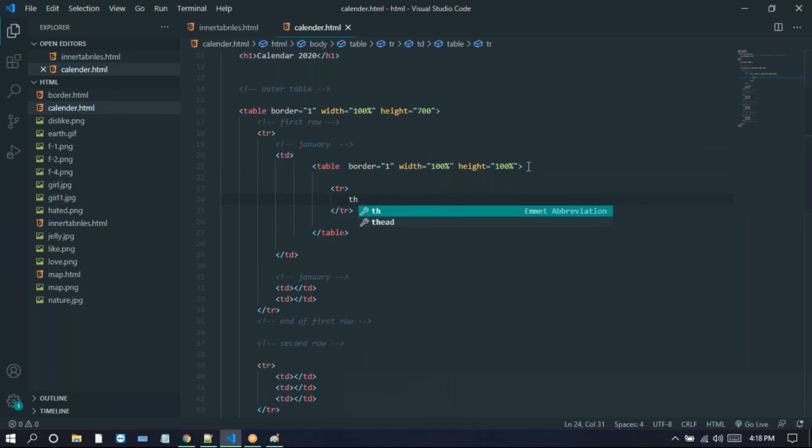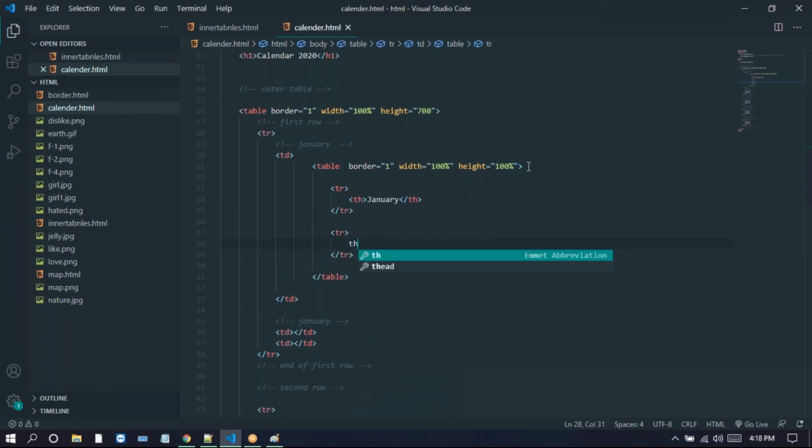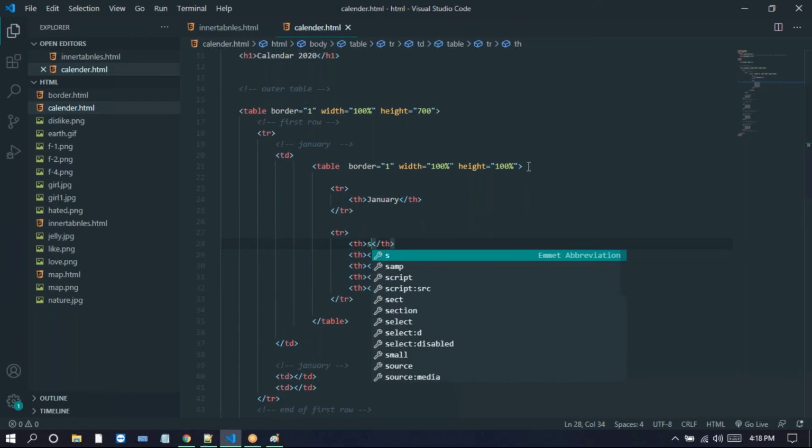Here we take Monday, Tuesday, like this, so 7 TH itself. First we need to write Sunday. After that I'm taking Monday. We can put it in capital letters only.